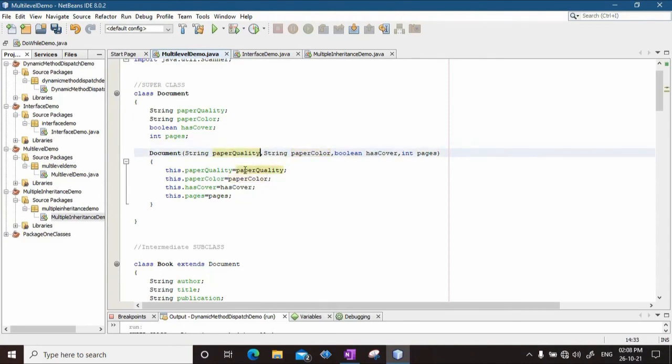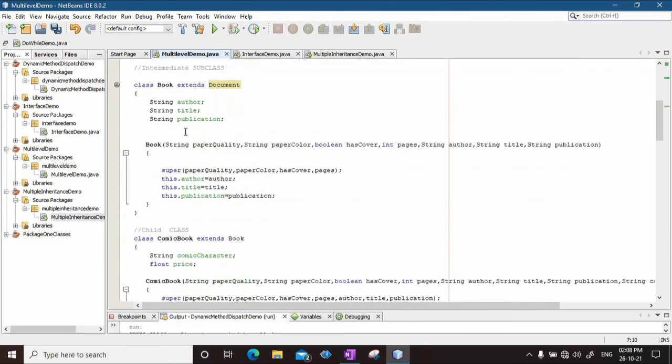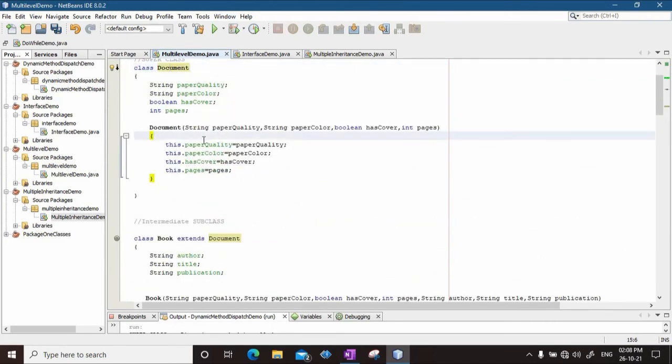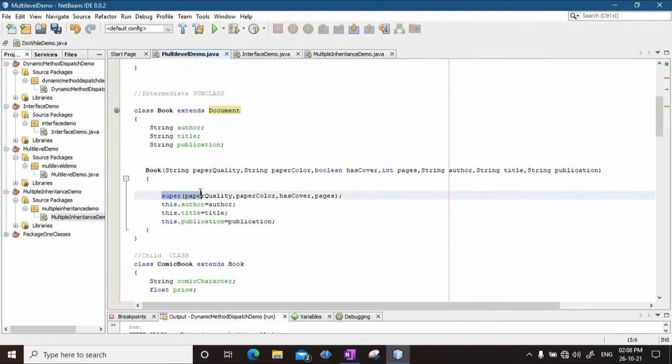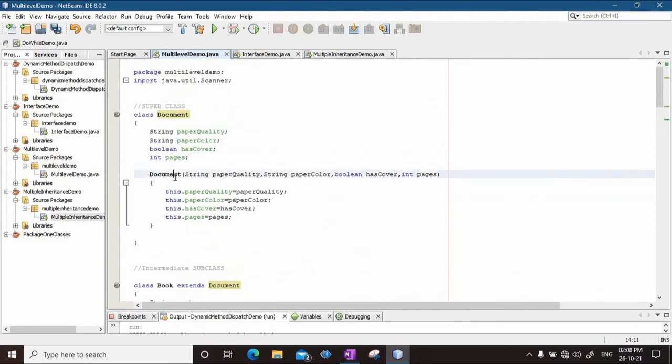Then finally paper quality, paper color and all this will be stored in the paper quality, paper color, has cover, pages attributes of the document class's object, right. Once this assignment is done, from where have we come to this document constructor? Who has called? It is the book class's subclass constructor that actually called the constructor of the document class.